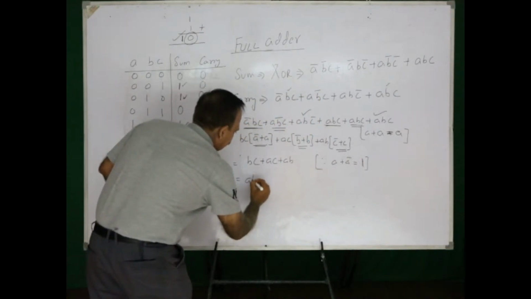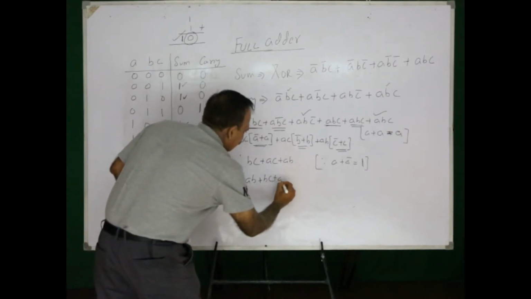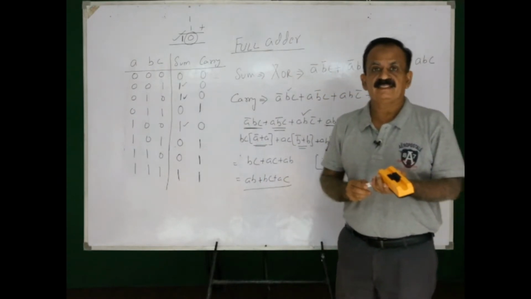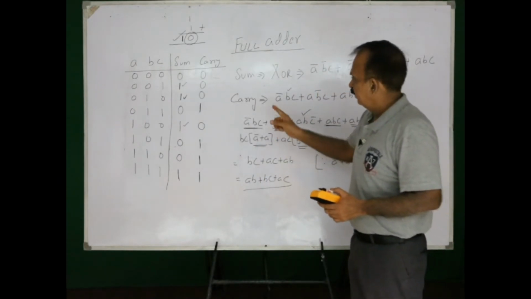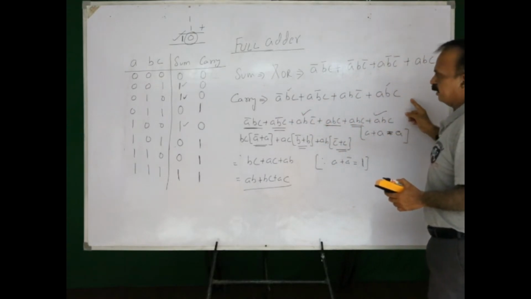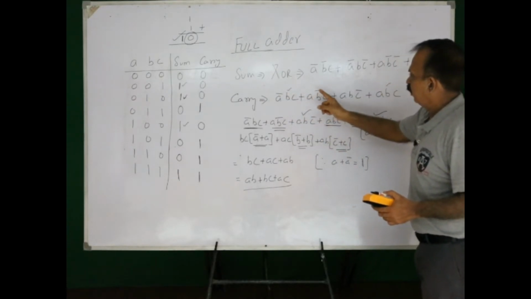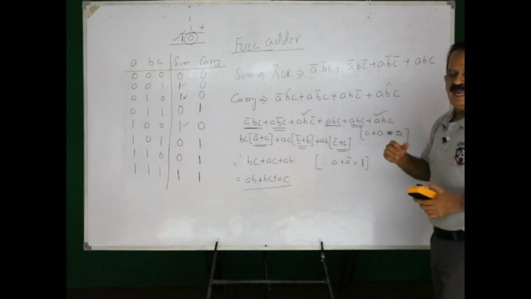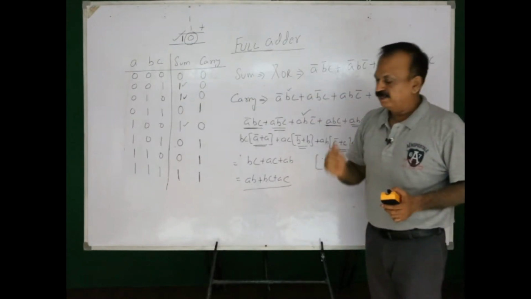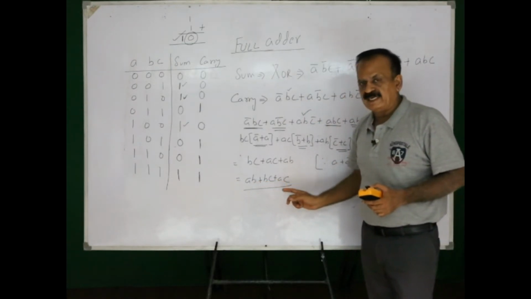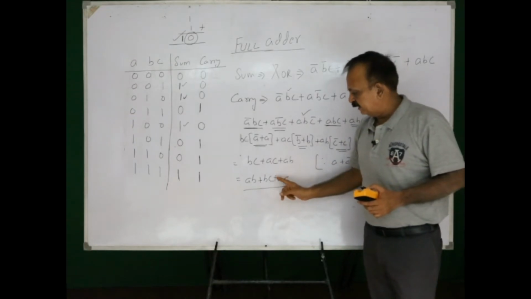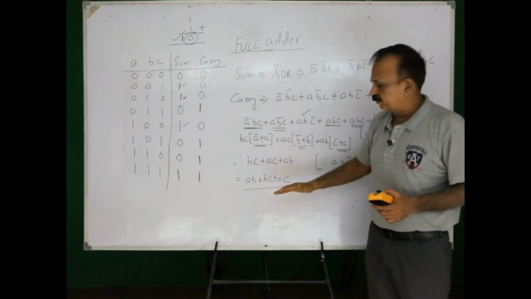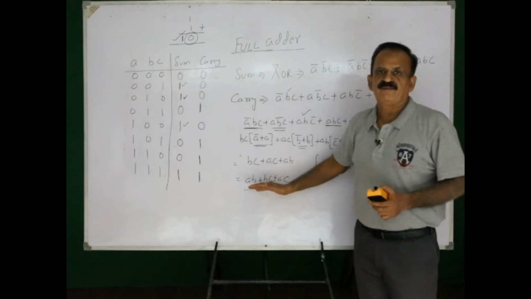or in other terms the expression I got is AB plus BC plus AC. You can visualize how simplified the circuit will be. If I would have implemented this one, I would need 3 NOT gates, 4 AND gates, and no doubt the OR gate. Here I need only 3 AND gates, with 2 inputs each, and an OR gate. So, these two expressions are equivalent, but the latter is in a simplified form.